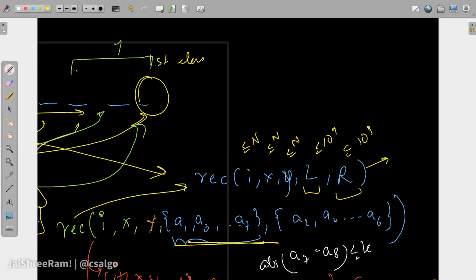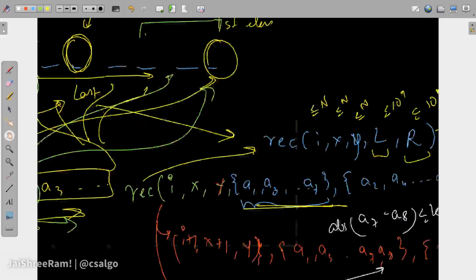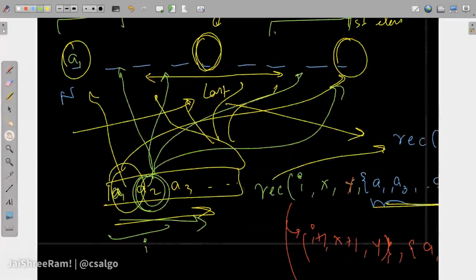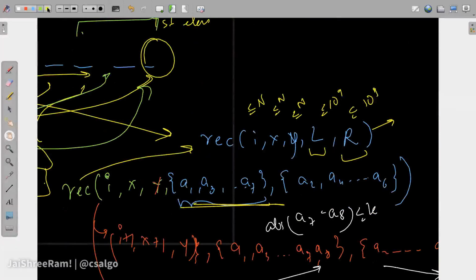How do we improve on this? We will need to keep L and R in the state, that's for sure. But instead of keeping the value, can we do something better, because the values are up to 10 to the power 9? Yeah, it's distinct, so you can keep the index. Basically, L and R we can take from this sorted array that we have. That L or R value came from this array, right? So we can say that this came from